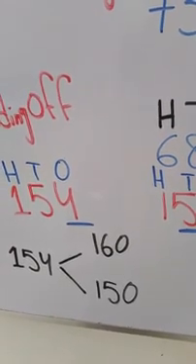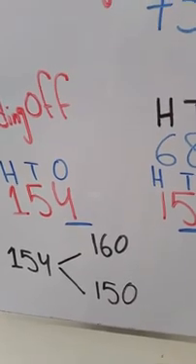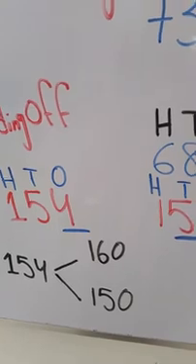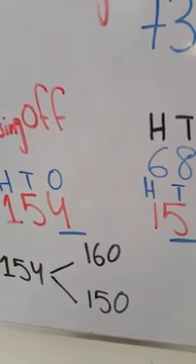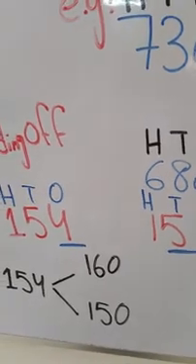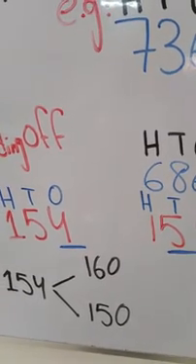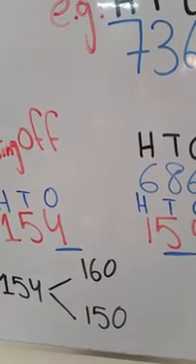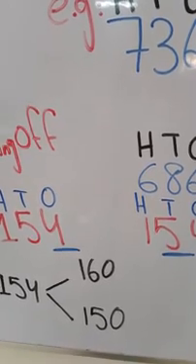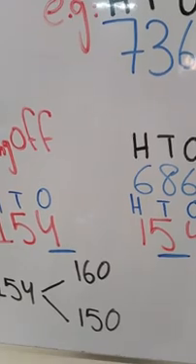Rounding off to the nearest 100 involves looking at the last two digits of the number. For example, study the digits in the tens and ones place. If the number formed by the digits in the ones place and tens place is from 0 to 49, then we round off to the lower 100.